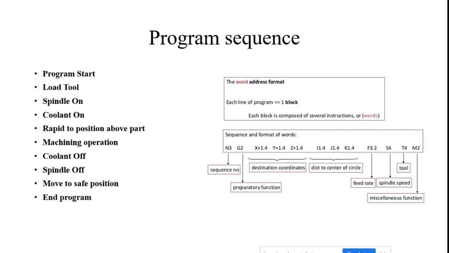After that, when should I switch on the spindle, and when should I switch on the coolant, and how can we move the tool from the datum position to the machining condition, and then how can I perform the machining operation, which may be a facing operation, a turning operation, a taper turning operation, or otherwise a threading operation. We can perform the machining operation with the codes.